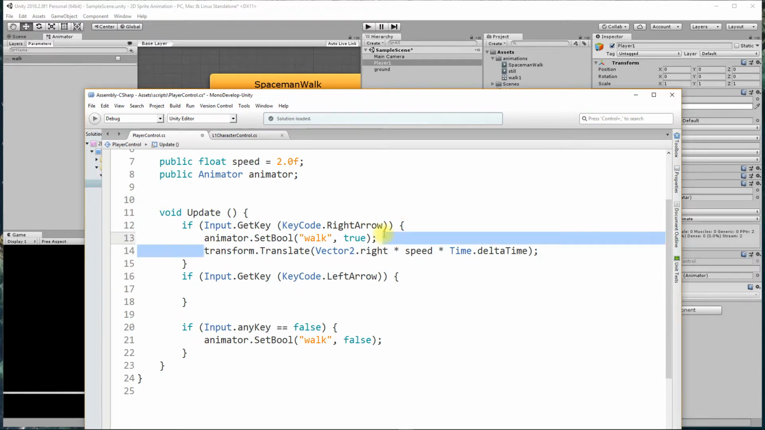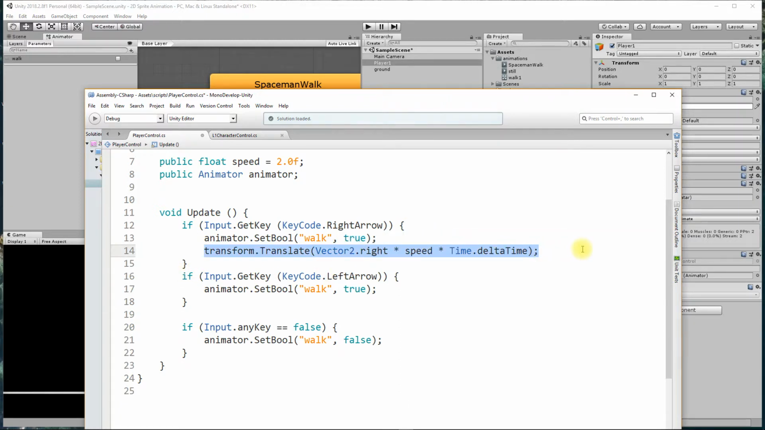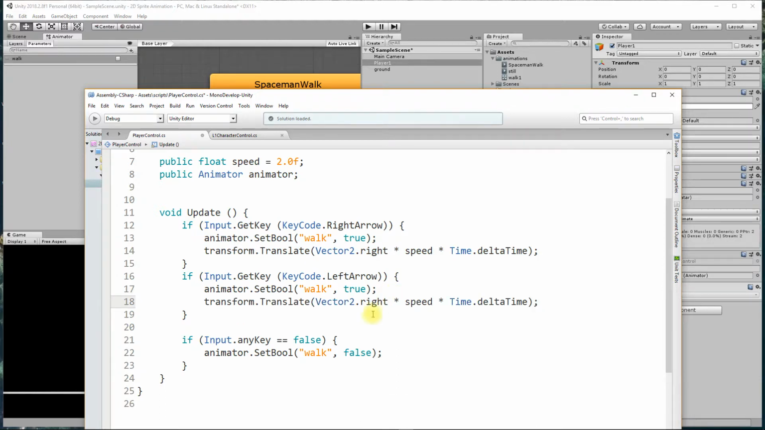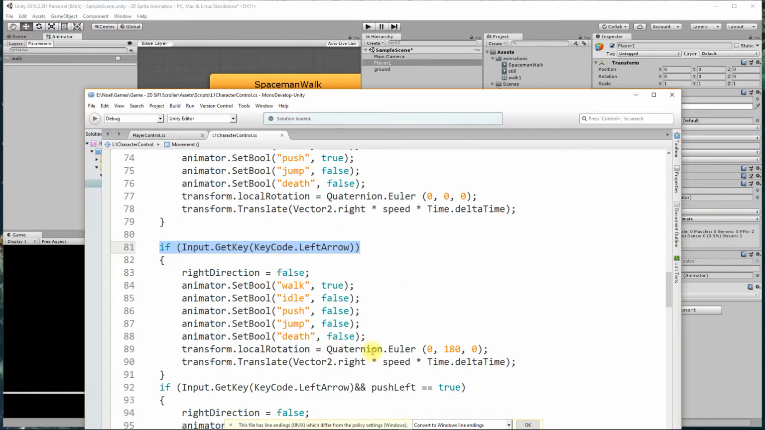Well, I want him to move. Actually, we want him to walk, so we want to play the walk animation. Now there's a problem with the walk animation because he's pointing the wrong direction, but we'll fix that in a minute. We want him to move, but not Vector2.right. We want him Vector2.left. So if we click over here, you can see it says if I press the left arrow,